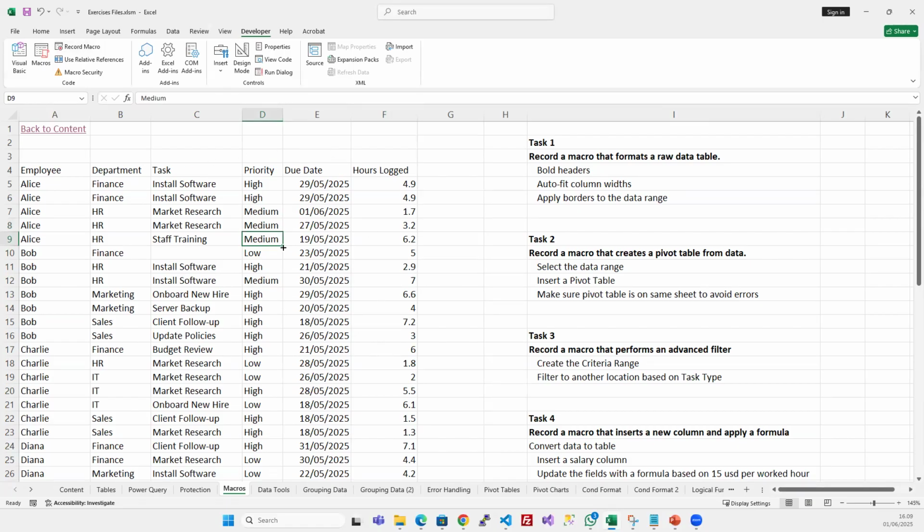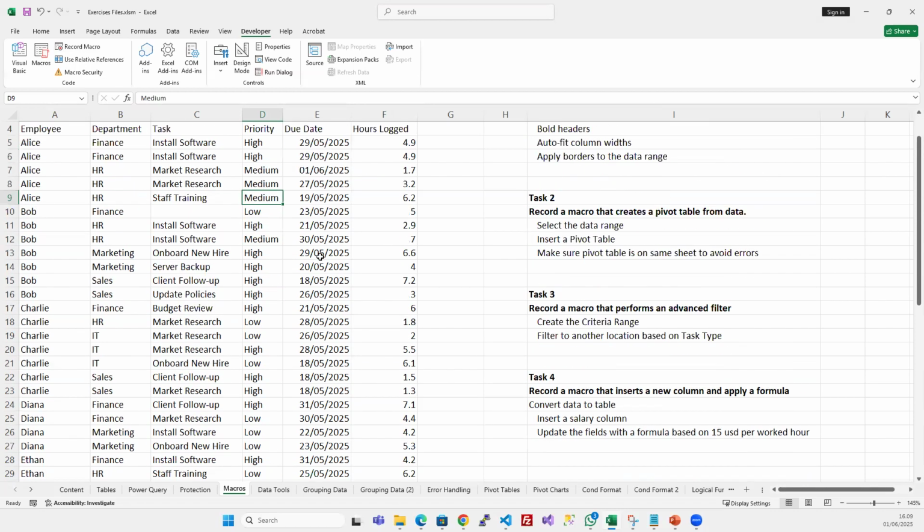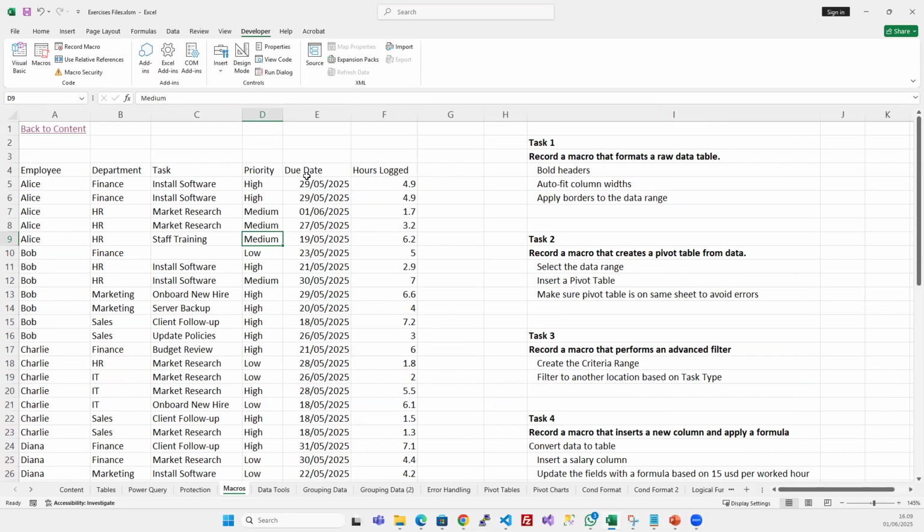Let's record a few macros just to get you moving with macros so you can see what it's all about. For that, I prepared this data here and a number of tasks that we can do, and then we can try to automate those tasks and see how it works. So the first one here, and this is our normal list that we have used over and over again in this course, says